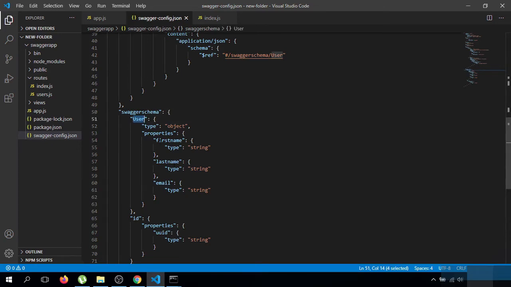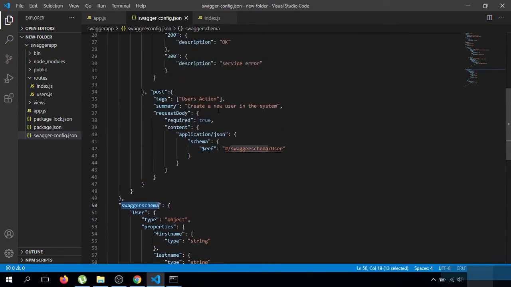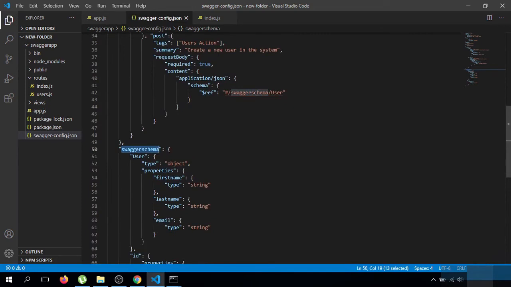And these are the fields in our database table as well. So when we are going to take reference of our schema in the JSON file, this is the process we can pass. Swagger schema and user, you can see.